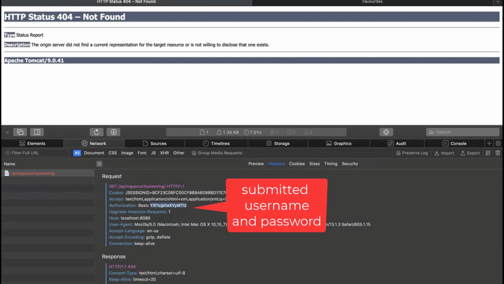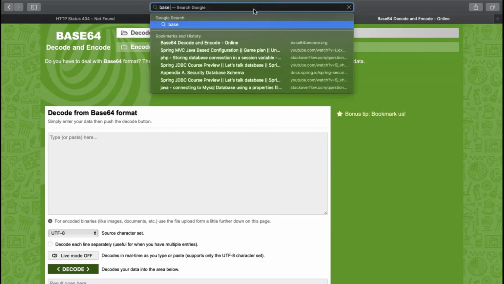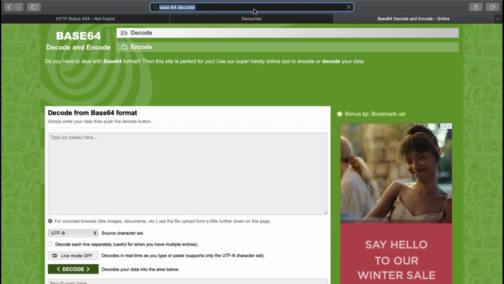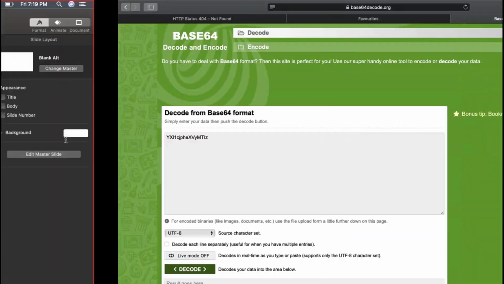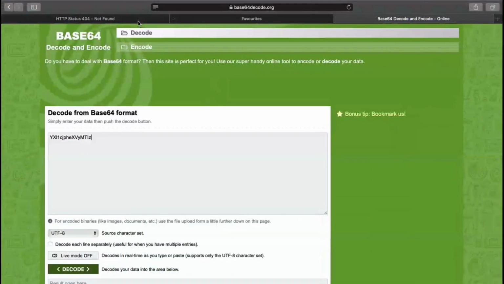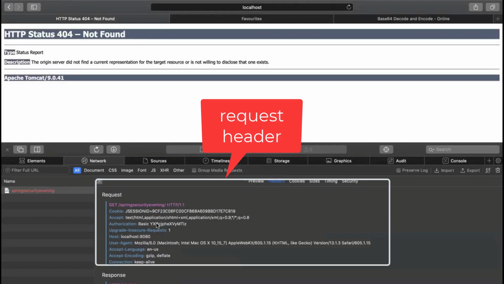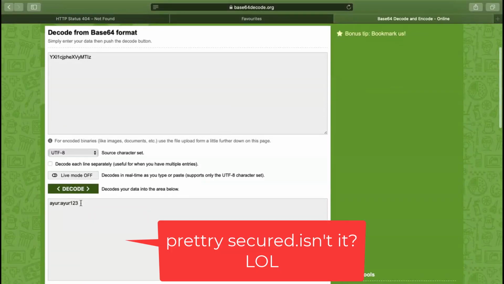This is your authentication type. Maybe what you can do, you can go to a Base64 decoder. Okay, click on the first link. Now enter whatever I copied from there, from the other tab. Okay, where was that? There you go, this one. Now this one I have just copied from the authorization attribute. Now if I go here and do decode, you can see my username and password is just right